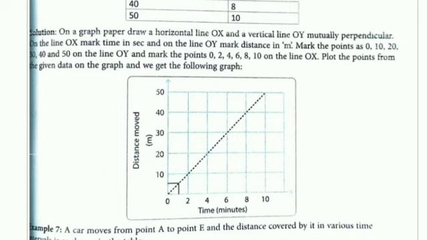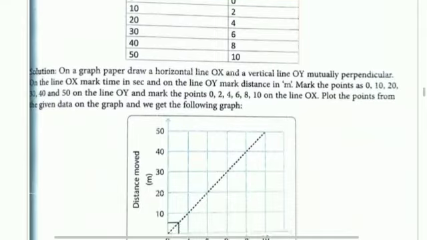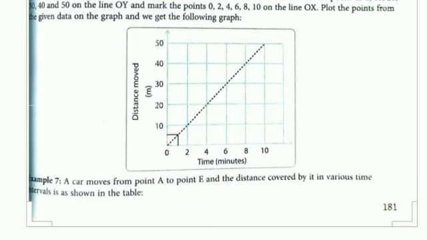And we see after connecting all the points, we get a uniform speed or uniform motion, because it is a straight line, not parallel to the time axis, and not a curved line. It is a straight line. So from this graph we can say that the cyclist is in uniform motion. Okay, hope you understood.